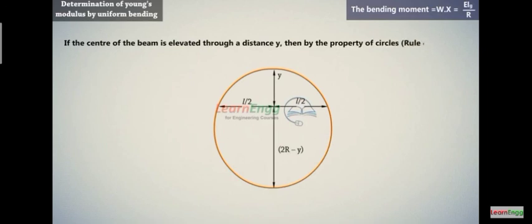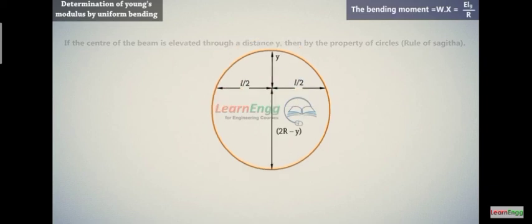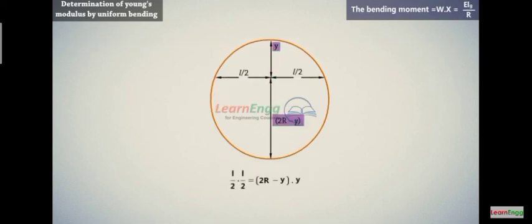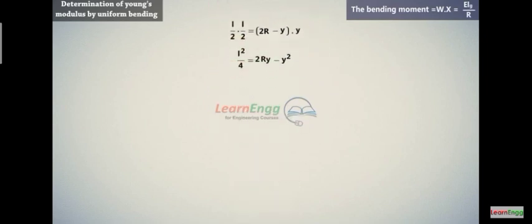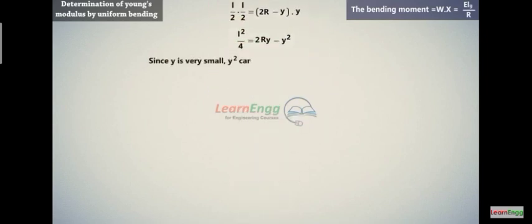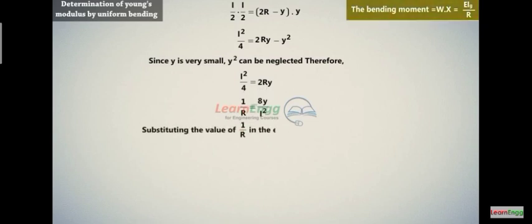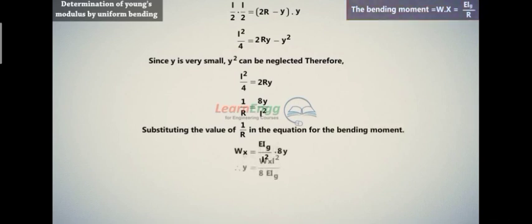If the curve of the beam is elevated through a distance y, then by the properties of the circle, by geometrical and mathematical derivation, we can write (2R minus y) into y. Then L squared by 4 is equal to 2Ry minus y squared. Since y is very small, y squared can be neglected. Therefore, we can write 1 by R is equal to del y by